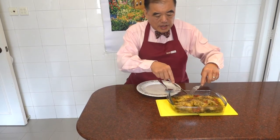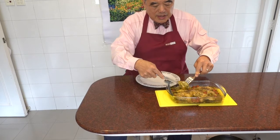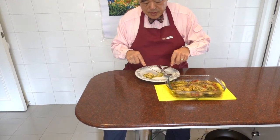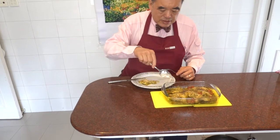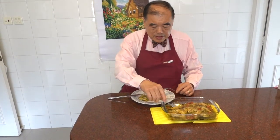I take it out of the oven, and this is our pesto chicken. I'll take a piece out to try and see if it tastes good. Look at that, ooh this is so good. It smells very nice. First you get the pesto taste, a little bit sour, sweet